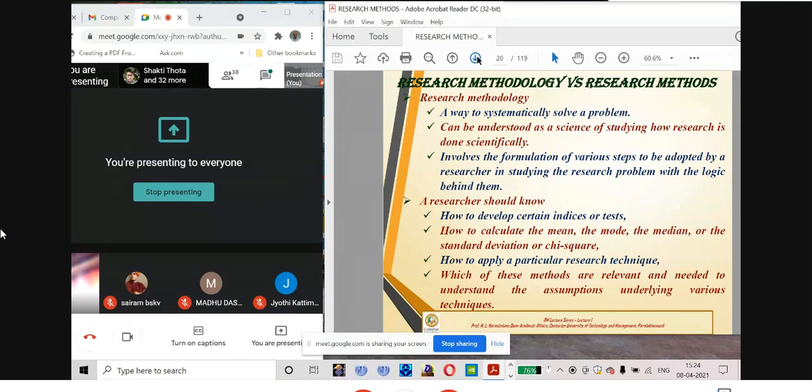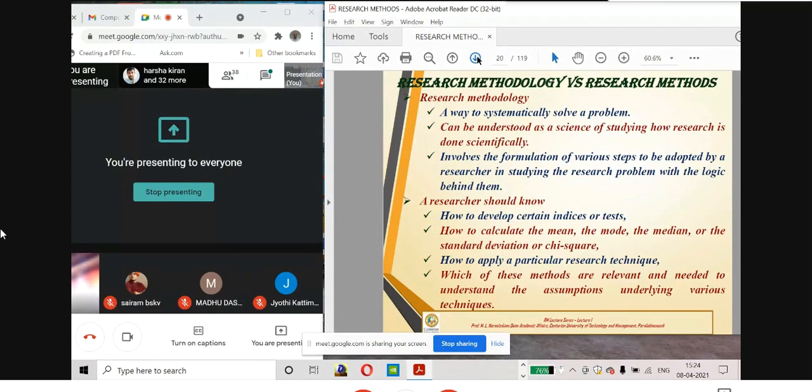indices or tests. See, your entire research involves certain numbers, numericals, digits, or methodology or procedure. So you must know what indexes are to be used and what tests are to be conducted. So as a researcher, the first and foremost thing you should know is how to develop these indices and how to carry out the tests. Then